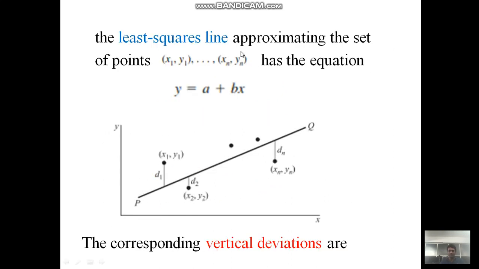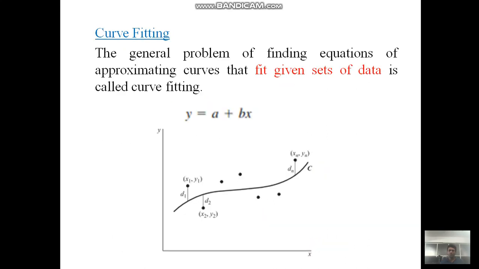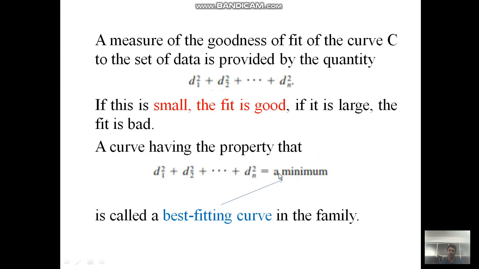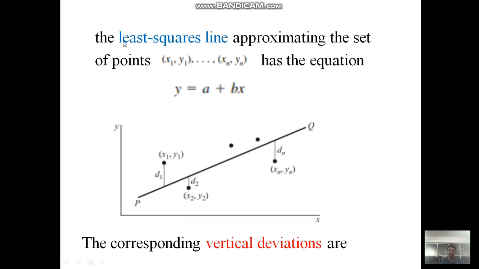So, the least square line. Our aim is to find the line that best fits each and every endpoint. That line is sometimes also known as the least square line. The least square line approximating the set of points, say x1 y1, second point x2 y2, and so on, xn yn, has the equation, because this is the standard equation of a line,